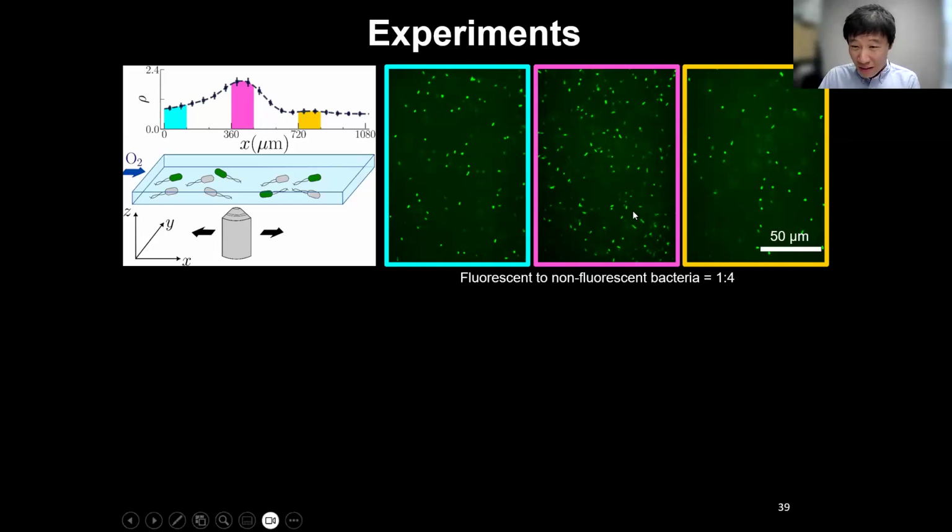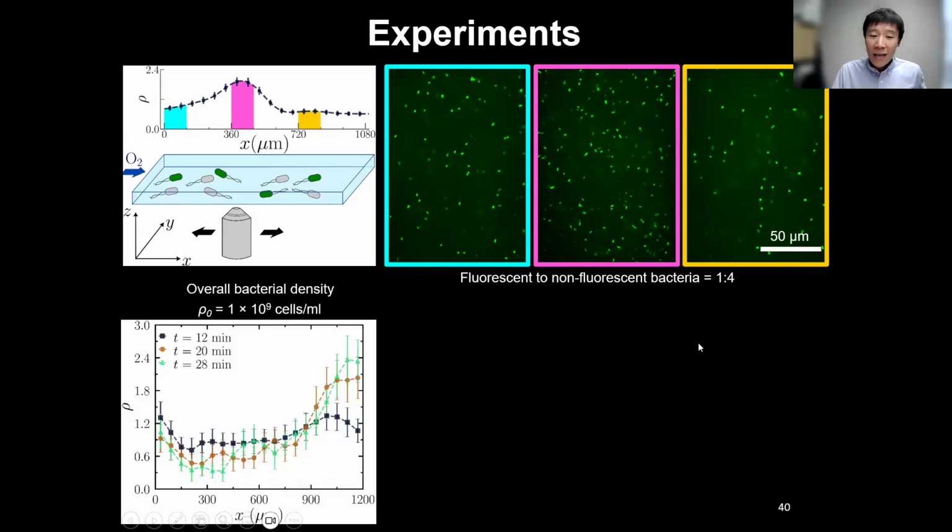For each of the bright bacteria you see in this picture, there are on average 4 bacteria that you don't see. They are dark, not fluorescent labeled. So we look at bacterial trajectories as well as count the number of bacteria at different locations. The 3 different colors indicate different locations in the channel. As you can already see from this picture, in the middle of the channel there's a higher concentration of bacteria. So we then measure the dynamics of bacterial migration as a function of time for different